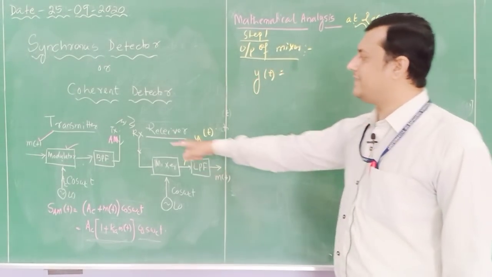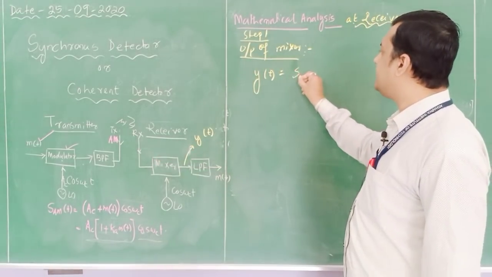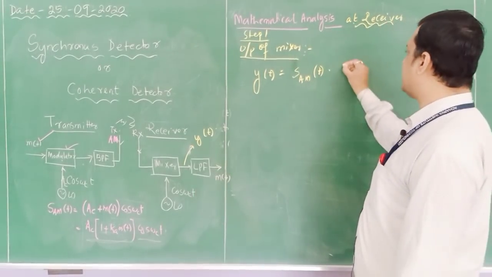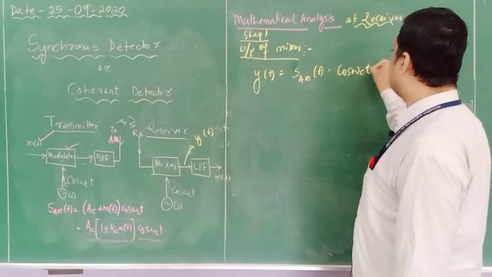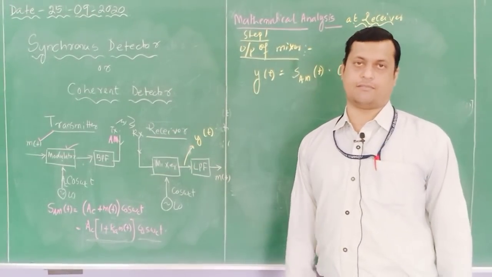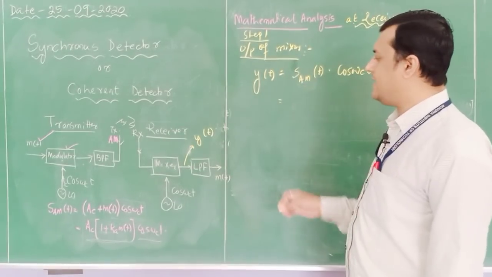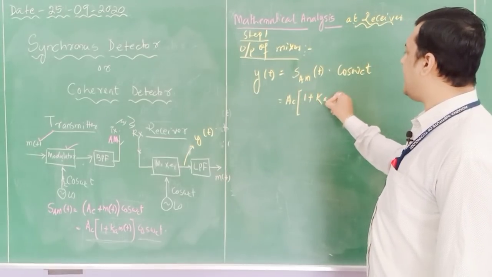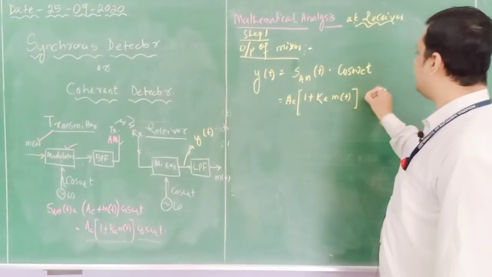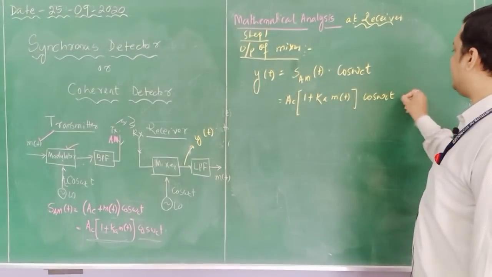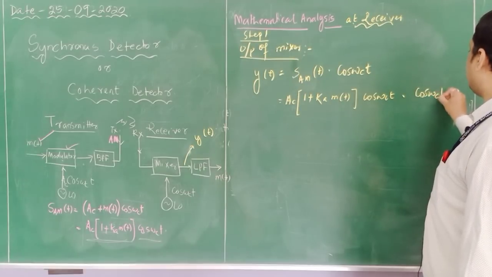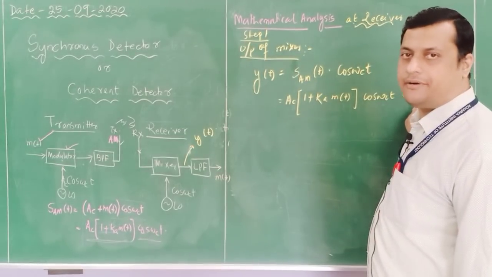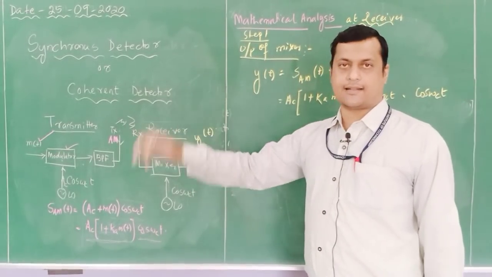which is equal to the received signal. What is the received signal? The received signal is the AM signal into cos omega c. It is a simple multiplication of the received signal. Now we had the AM signal as Ac (1 + Ka m(t)) cos omega c t, into cos omega c. So this is the AM signal and this is the carrier frequency, which is synchronized with the transmitted carrier